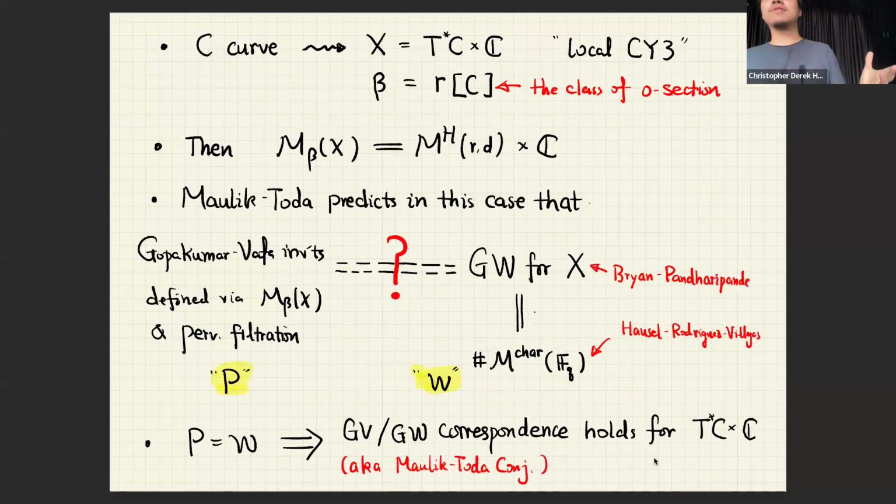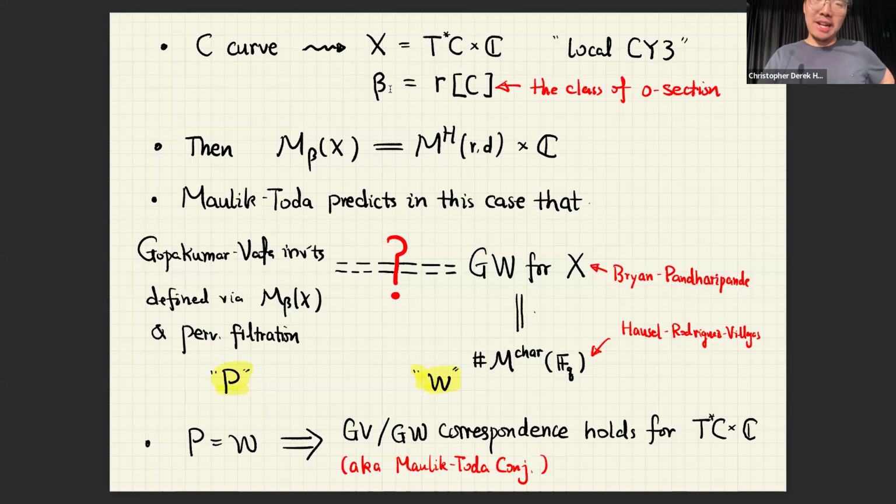So we start with our curve C, and the easiest way to cook up a Calabi-Yau from the curve is you just take the total cotangent bundle of it. So you upgrade this to T star C, so this is a Calabi-Yau surface. But now you want a Calabi-Yau threefold, so you just cross a trivial factor, which is C. So this is the easiest way for you to construct a Calabi-Yau threefold from your curve.